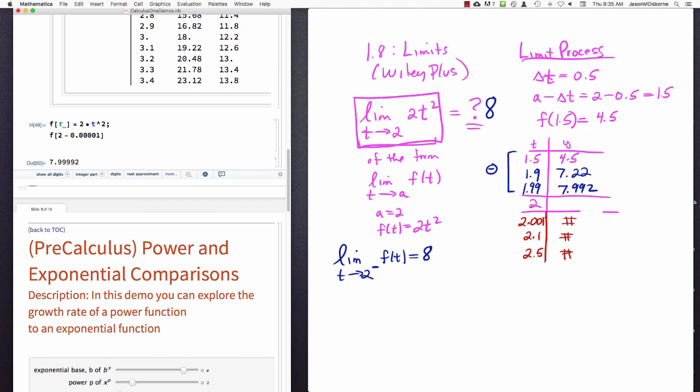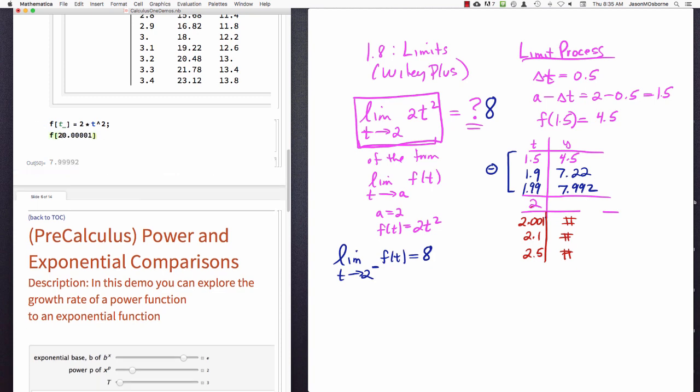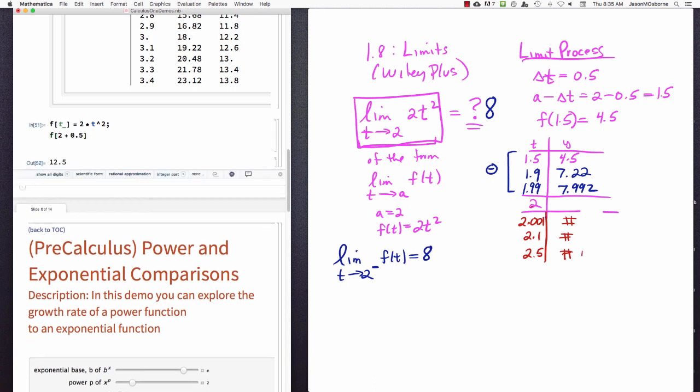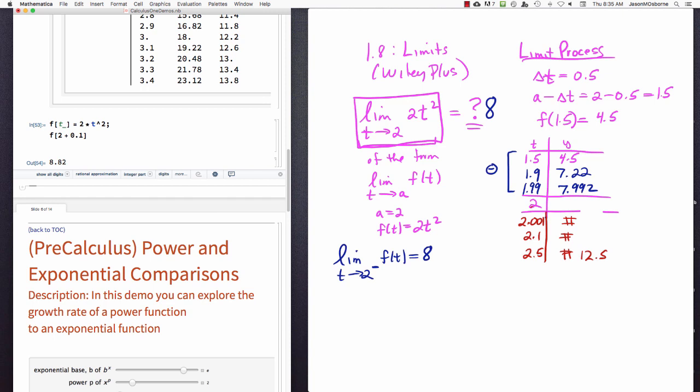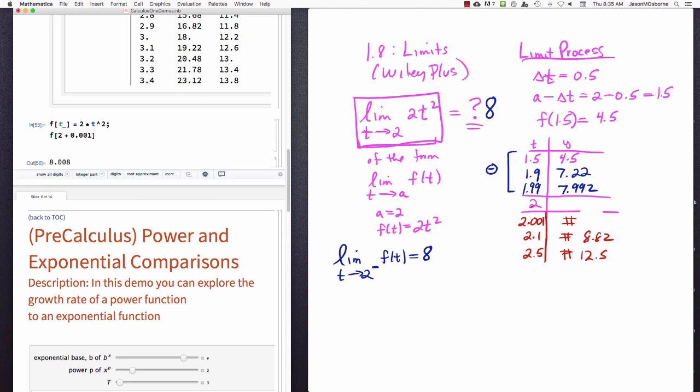So if we go back and put 2 plus 0.5, you will get that the function is 12.5. If you take 2 plus 0.1, you get 8.82. And if you take 2.001, you get